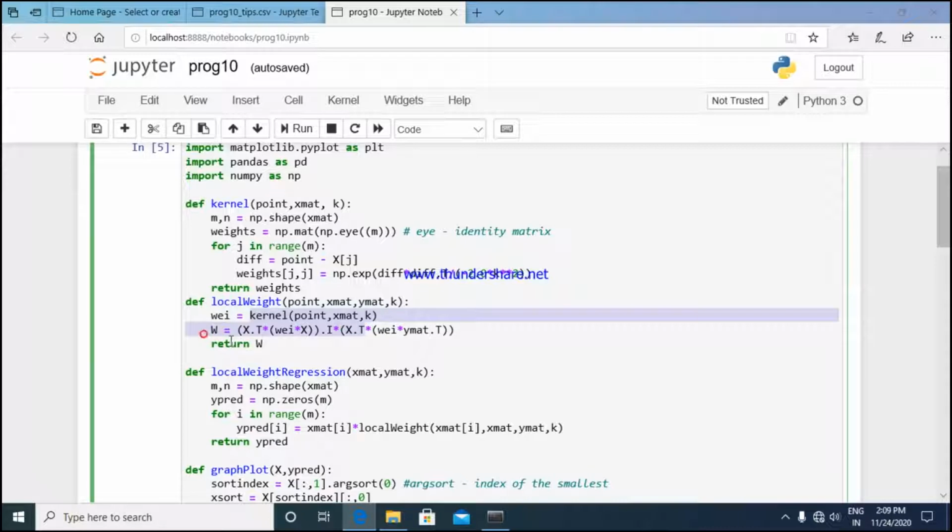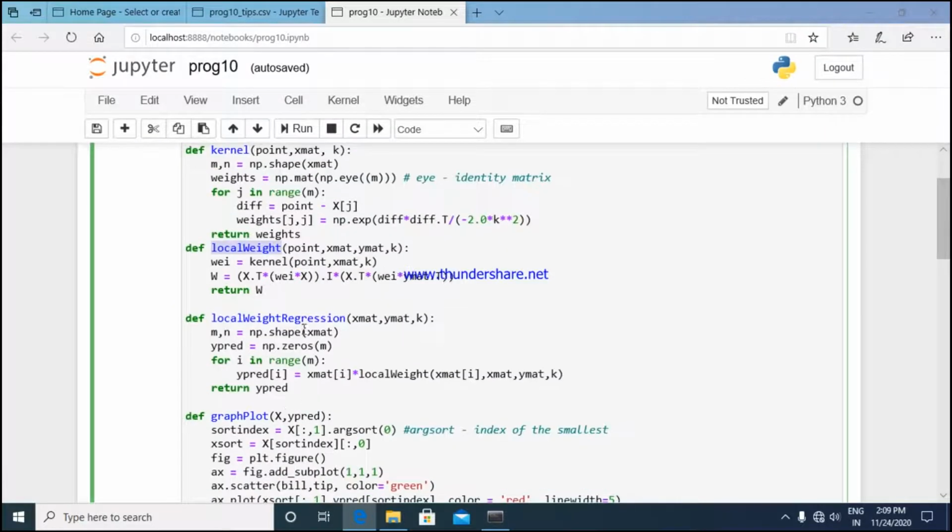For calculating the local weight, we have the formula: x transpose times w times x, inverse, dot x transpose times w times ymat transpose, which will return the value of w. And this local weight value will be given as an input for your y predict value.